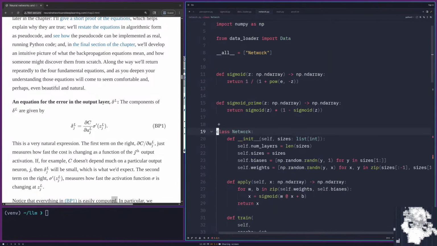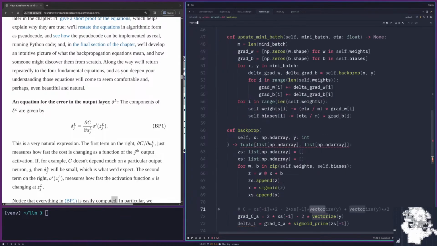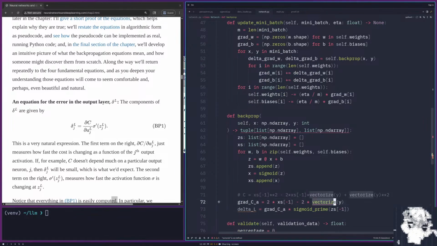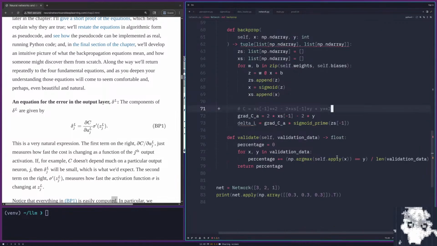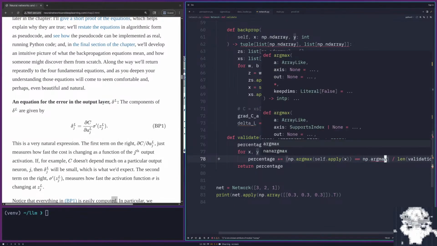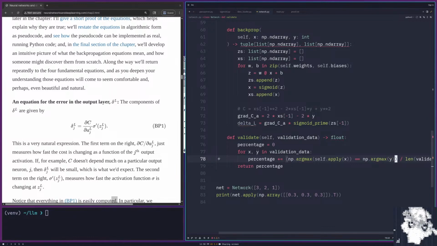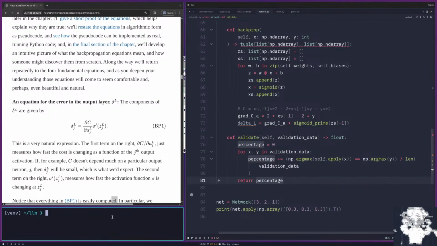Then we have to change a few things. So first of all, we don't need to vectorize y anymore, it's already vectorized. But that does mean we have to change this to argmax this as well. Argmax both sides of that, because Python